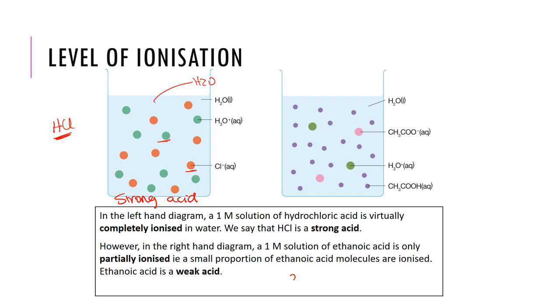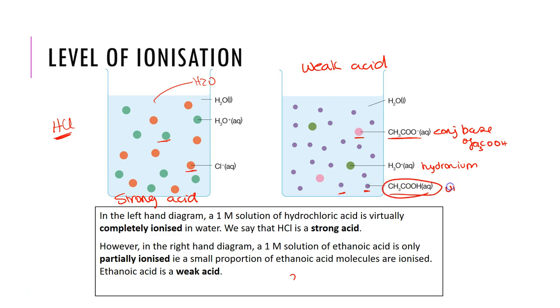In this case, we have the ethanoic acid we were talking about before, which is a weak acid. And because of that, we have the same water we had with our HCl solution. Then we have these dots here, which are our anion, the CH3COO-, which was our conjugate base of CH3COOH, and then the hydronium ion here. But we also have a lot of this species, these small dots here, which is the unionized